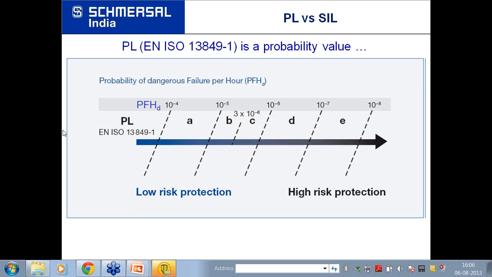Mr. V. Dinesh has asked, do you have a safety standard for manufacturing fixtures? Safety standards are not for the products which are manufactured, but the process which is used for manufacturing, like what kind of machine you are using, what kind of process you are using, what devices you are using. So it will be available for those devices which are used for manufacturing fixtures, not for the fixtures.